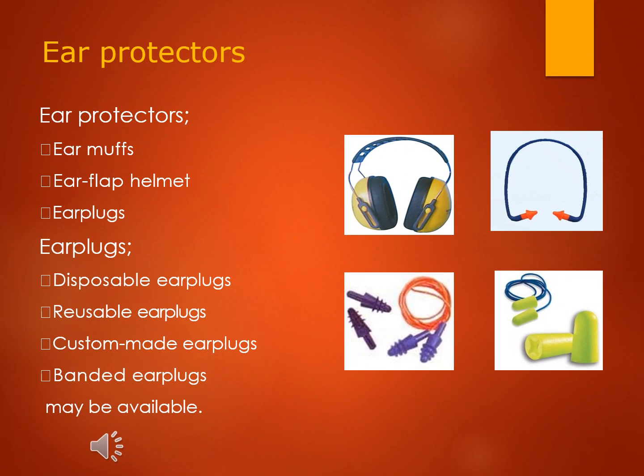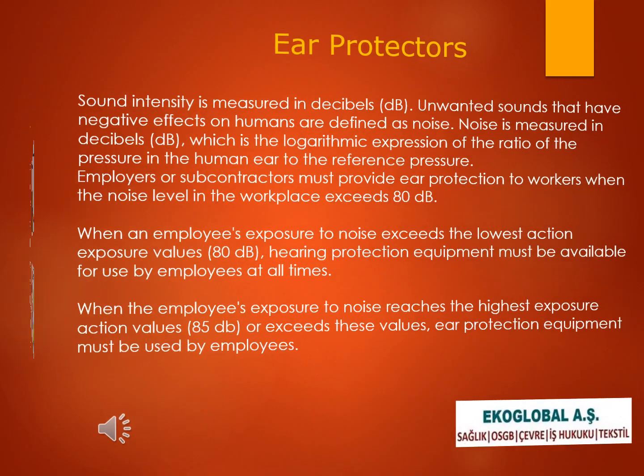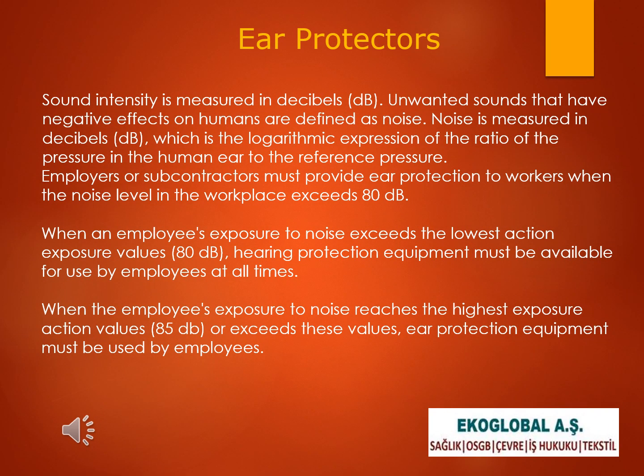Ear protectors can be categorized as ear muffs, ear flap helmet, and earplugs. Sound intensity is measured in decibels. Unwanted sounds that have negative effects on humans are defined as noise. Noise is measured in decibels, which is the logarithmic expression of the ratio of the pressure in the human ear to the reference pressure. Employers or subcontractors must provide ear protection to workers when the noise level in the workplace